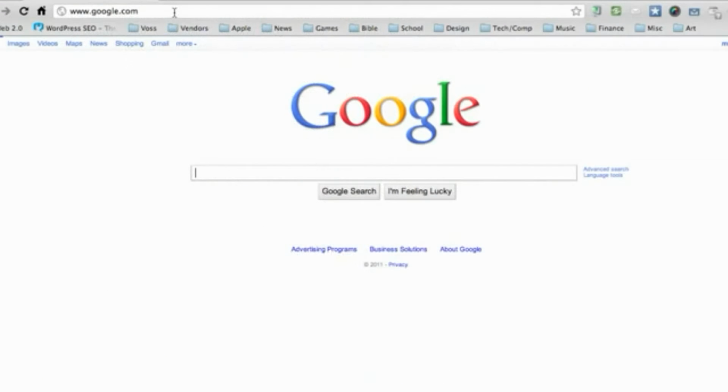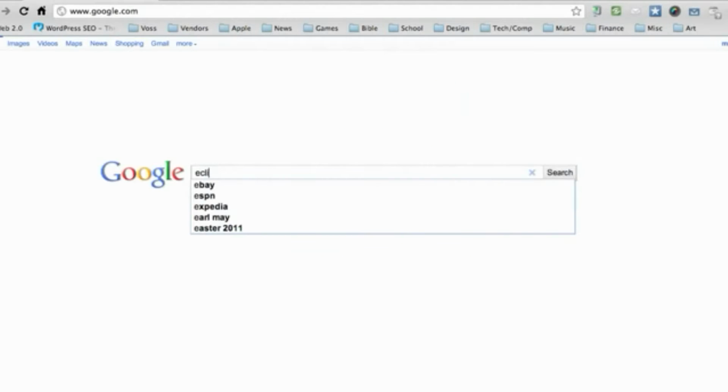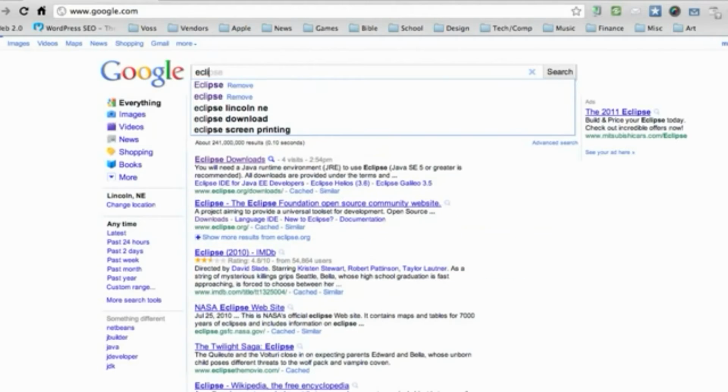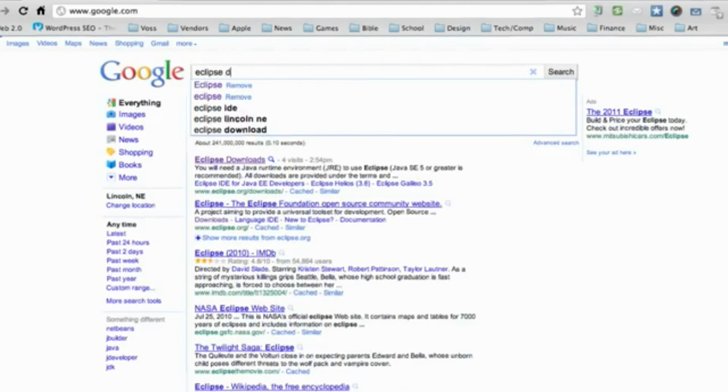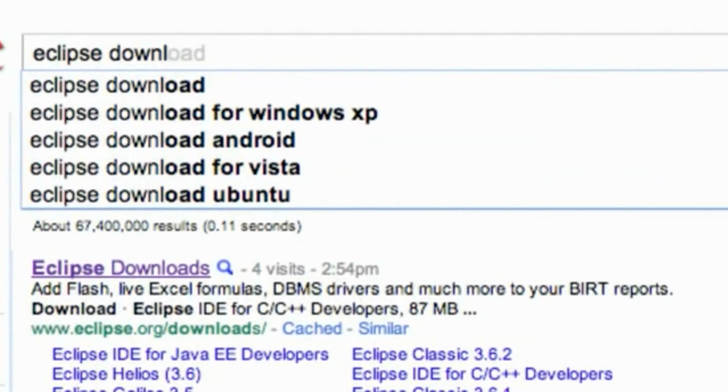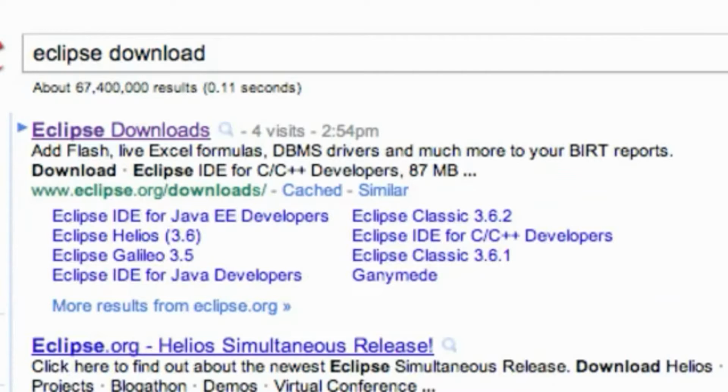What's up guys? Welcome to your second Android tutorial. In this tutorial, we're again going to do some boring stuff like installing software, and the software we're going to install is Eclipse. So go into Google and type in Eclipse download. It should be the first link from